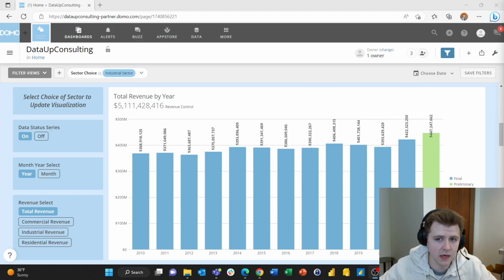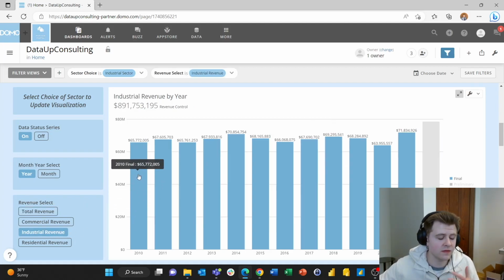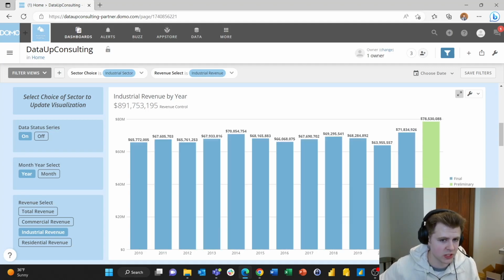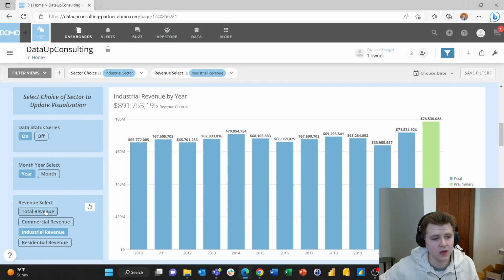To show a visual example of what I will be doing today, here is a graph that uses newly created variables called data status series, month year select, and revenue select to auto-update the neighboring bar graph. To show how it works, I will select the industrial revenue pill to see how the graph updates. So once again, select this specific pill, and see how the data in the visualization has updated or changed. It's also important to notice the title of the card changed along with the selection of the